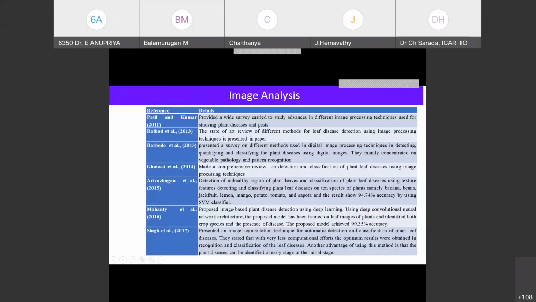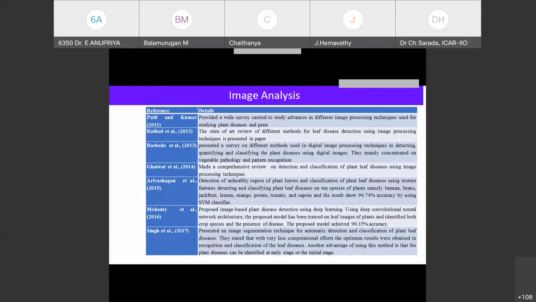I have given a number of references; there are many review papers, and they have classified the diseases using deep convolutional neural networks, and a lot of research has been put into pest